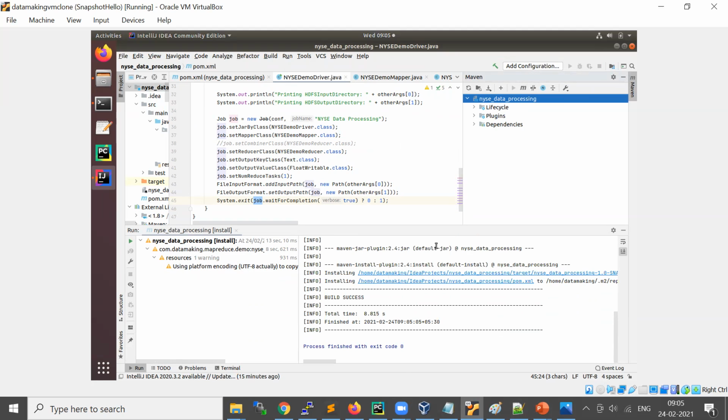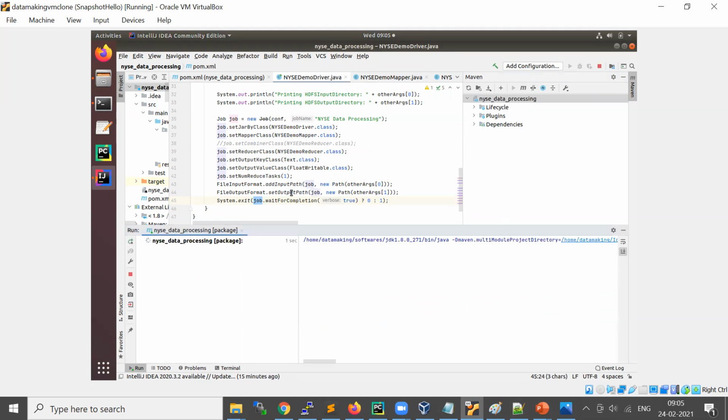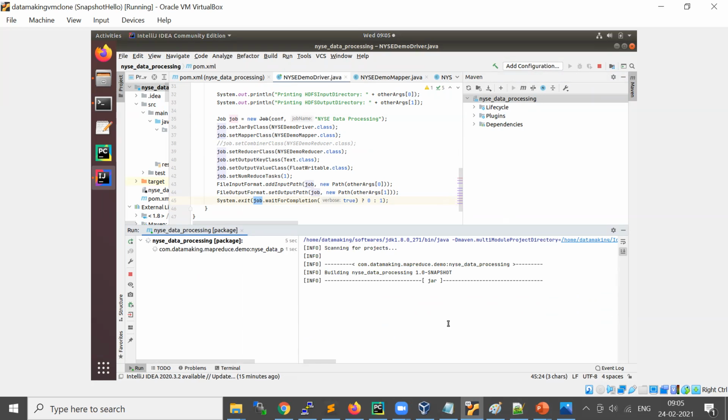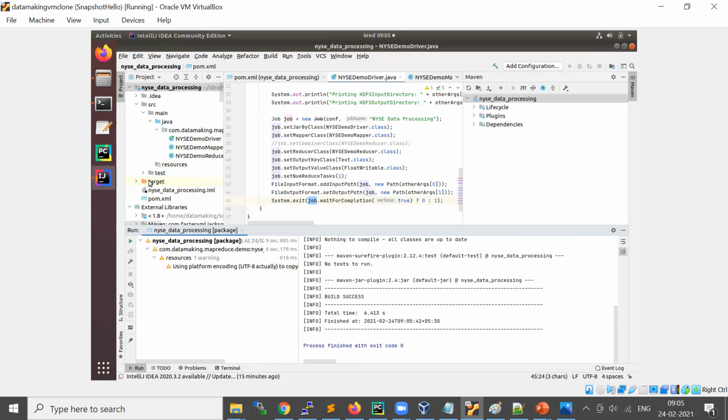And I think this is for installing your dependencies. Similarly, there is a package command, and it will build your jar and place it in your project. You will have a folder called target, and in this target folder it will place the final jar.